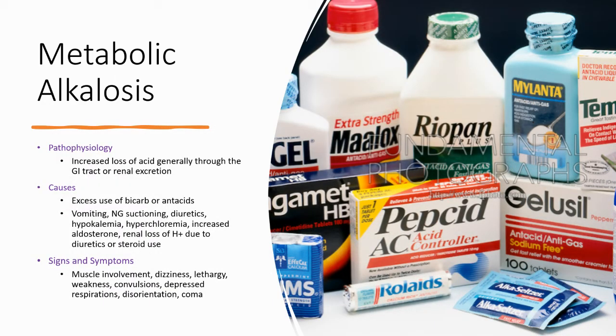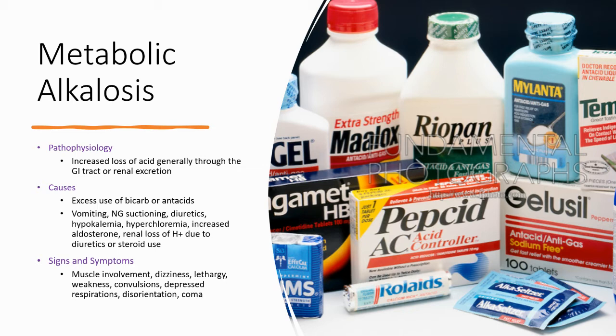And last but not least is metabolic alkalosis, and it's generally caused because there's an increased loss of acid through the GI tract, and then sometimes the kidneys are involved. Some causes are excessive use of bicarbs or antacids, but also vomiting, nasogastric suctioning, so suctioning a lot of contents out of the stomach and upper GI tract, diuretics, just having hypokalemia or hypercholemia, which is high chloride, increased aldosterone,